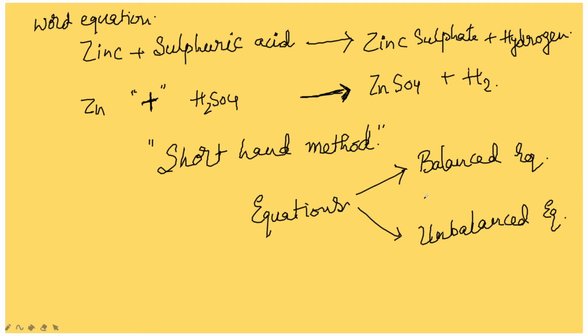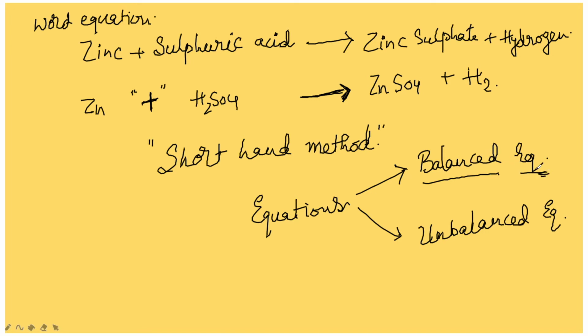So what is a balanced equation? A balanced chemical equation has an equal number of atoms of different elements in the reactants as well as in the products. Whichever different elements are used in that particular chemical reaction, the number of atoms of the substances which participated in the reaction and of the product which is formed must always be equal, in the reactants as well as the products. That is called a balanced equation.